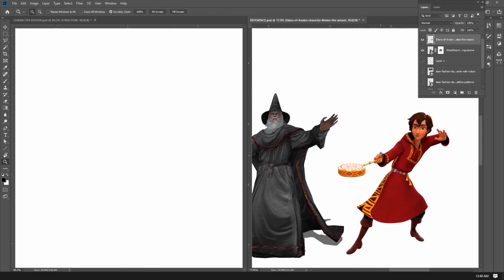Okay, so what I'm going to do here is to try to combine these two characters and try to create my own version of a wizard. And it depends, again, it depends on the profile or characteristics that you want your character to have. Okay, in this case,